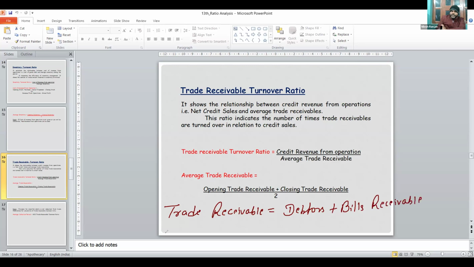Then there is a related formula you can write. You can start writing, and along with that I'm explaining. So trade receivable equals debtors plus bills receivable, and if we have to calculate credit sales